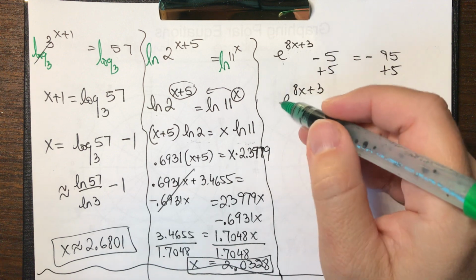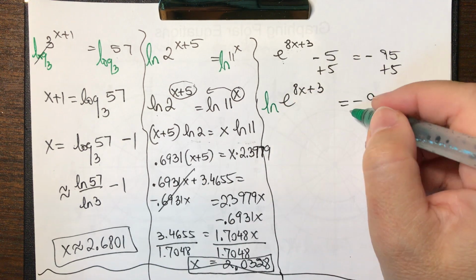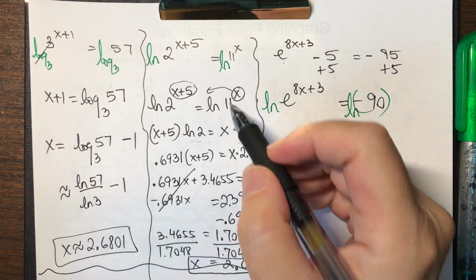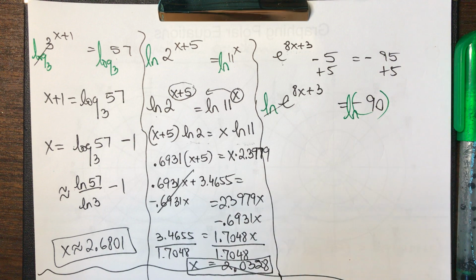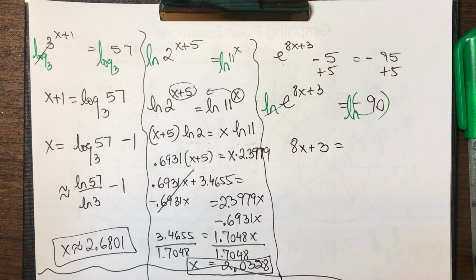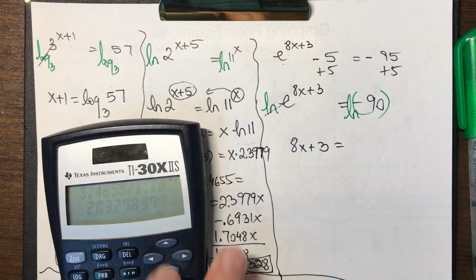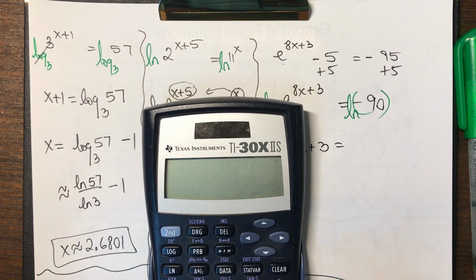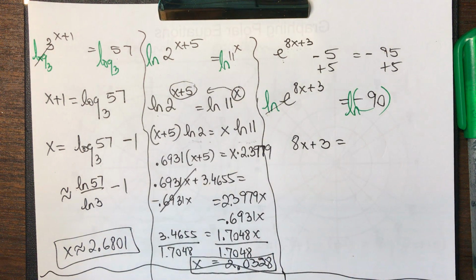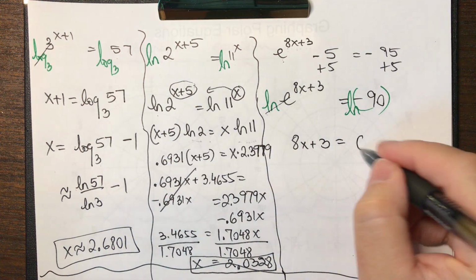And what is the log with base e? And if you've said ln, then you would be completely correct. So the natural log takes care of the natural exponential function. They're going to cancel each other out. So now when you're putting an ln, let me just show you what my calculator's telling me, of -90, domain error. What does that mean? Why doesn't it want to give me an answer? It doesn't want to give me an answer because